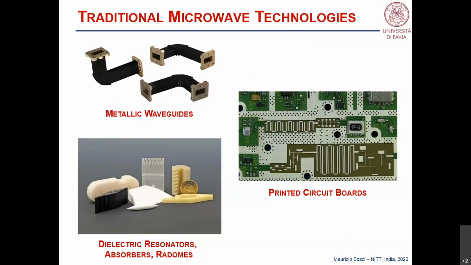They've been very popular for some decades, especially for radar systems, for space applications, for all those areas where you need large power and low losses. The other concept that probably comes to your mind is related to PCB, printed circuit boards,